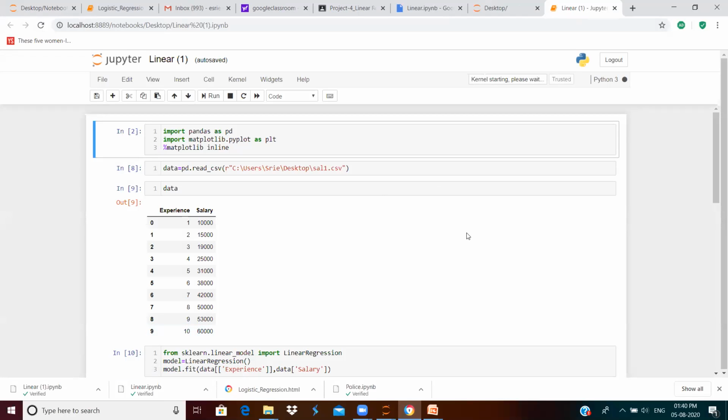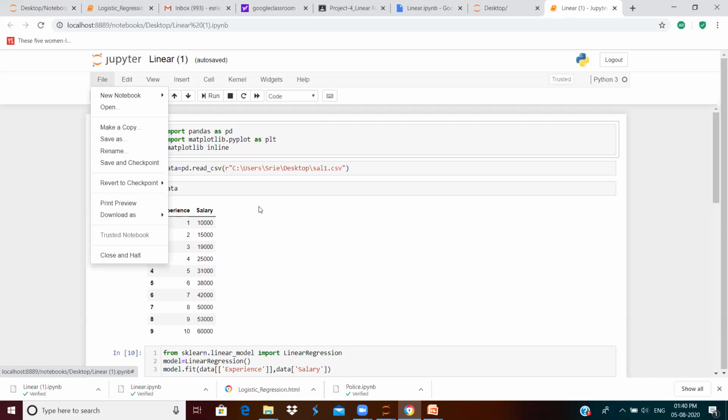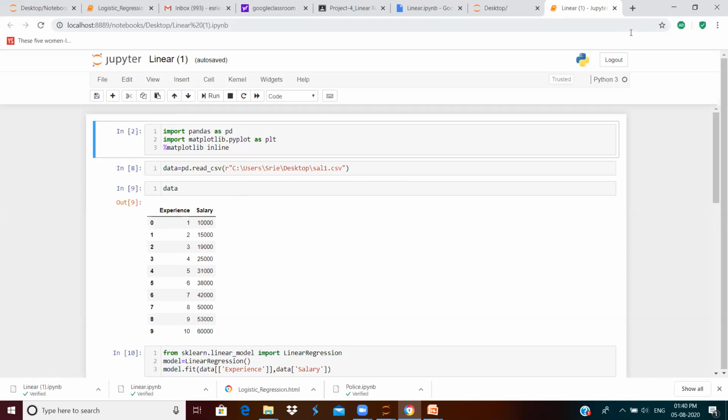You will have to open the Jupyter Notebook application, and then you will have to download the file. You will have to save it in any location, either desktop or any folder. You will have to save it, and then through this Jupyter application, you will have to open the file, right? So this is how you will have to open. Otherwise, if you simply download without opening the Jupyter Notebook application, then the file will not open, right? Okay.